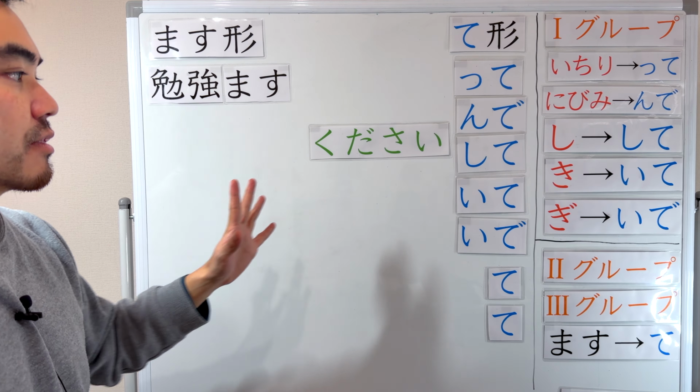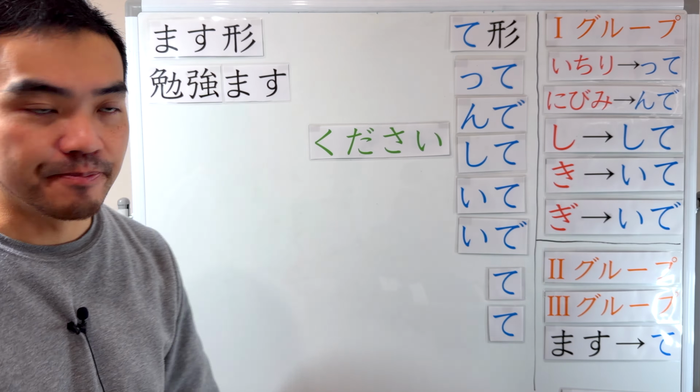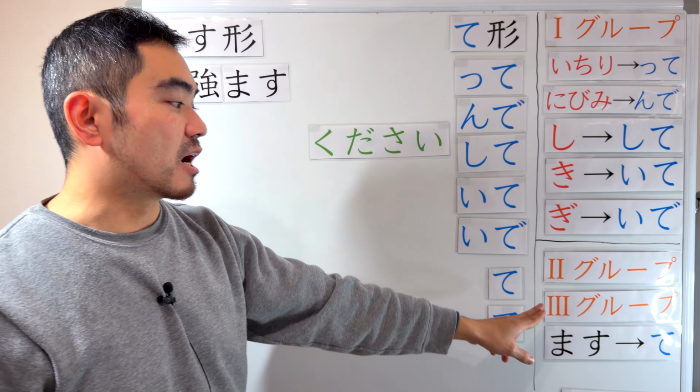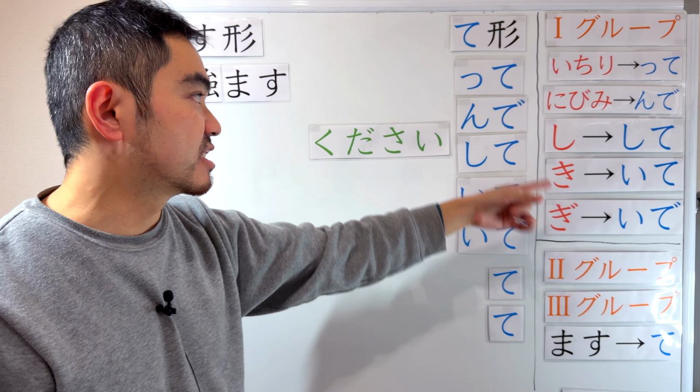Last time we did the conjugation, the first conjugation, the て form. There are three groups: group 1, group 2, and group 3. Depending on the group, the conjugation rule changes. For example,